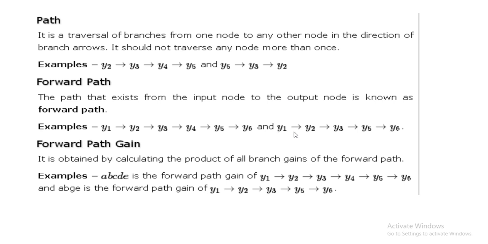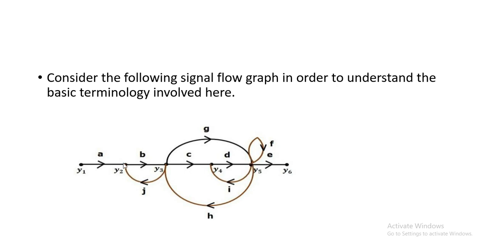So here y1, y2, y3, y5 and y6 is another path. Because I can traverse like this from input to output, and I have a traversing line like this also, which is coming from input to output. No matter how it is turning, it is coming from input and going towards the output. So I can take this path also, that is y1, y2, y3, then y5 directly, and then y6, because the arrow is from left side to right side like this one.